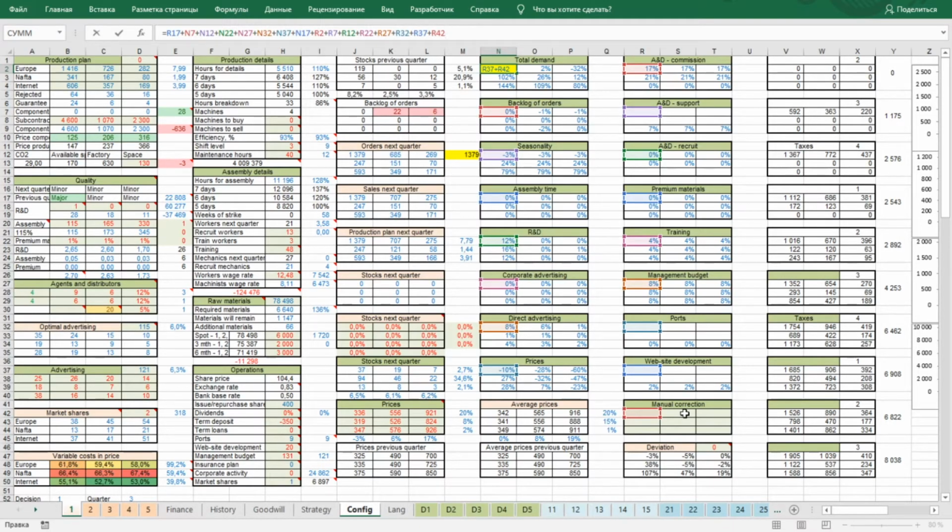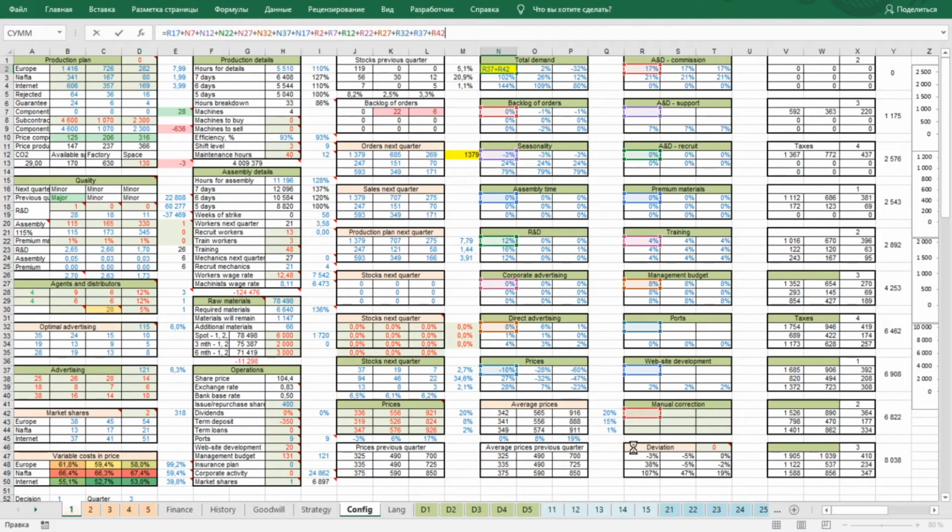Manual correction is used to take into account any individual characteristics of the opponents in the group, your own strategy, or personal preferences, which are not taken into account in the calculation model. According to the statistics collected by us, actual sales of products can vary by up to 20% when using exactly the same decision in different groups.